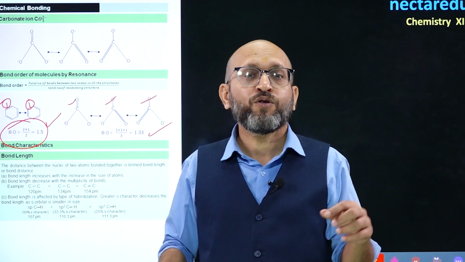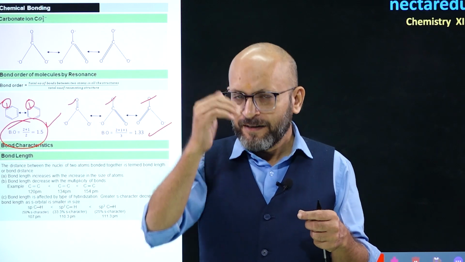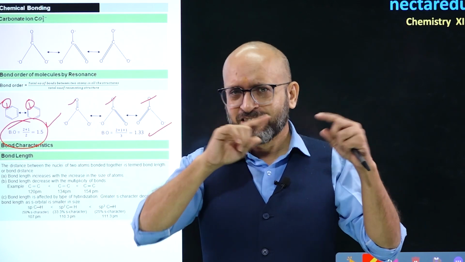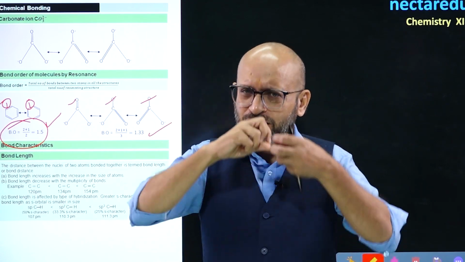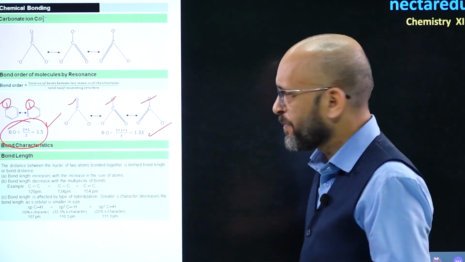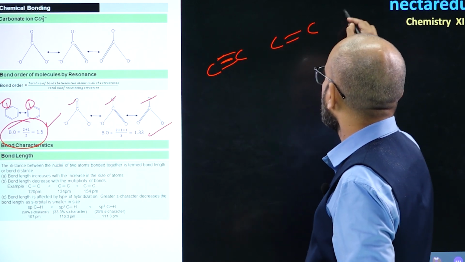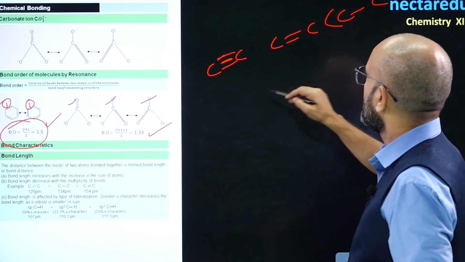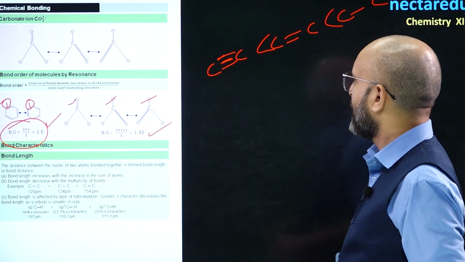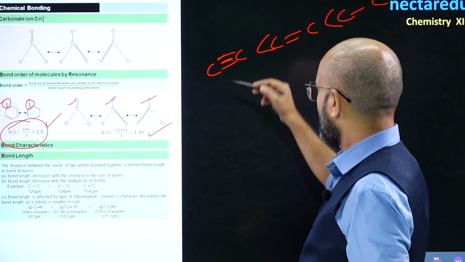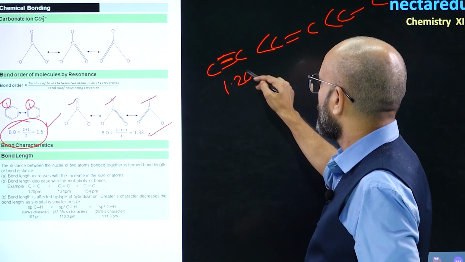Just remember this. So a triple bond means more attraction, so bond length is less. Double bond, the attraction is slightly lesser than triple but more than double, and a single bond means attraction is least, so the distance is more. So between a triple bond, double bond and single bond, the bond length order is: single bond is longer than double, and double is longer than triple. Alright. Next, if we want to know the values, you can easily understand the value is 1.2 angstrom,